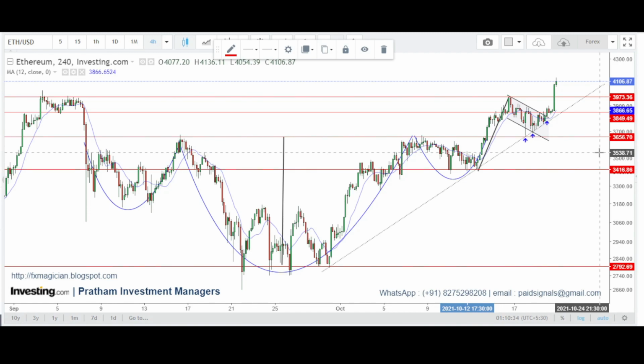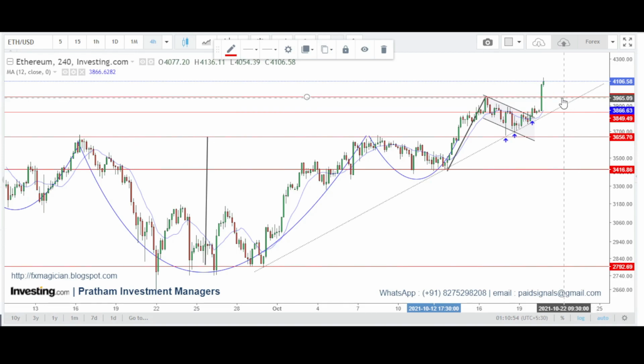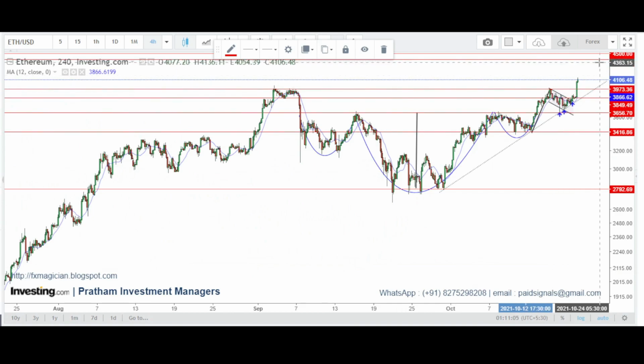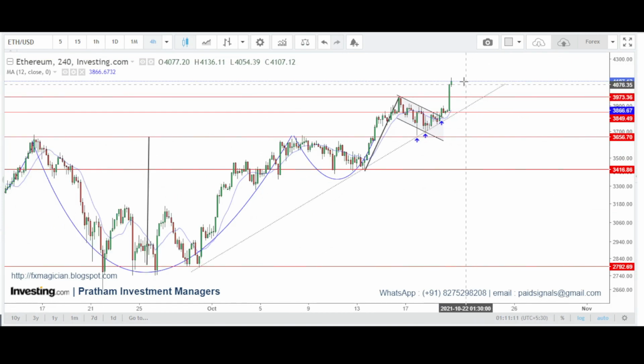Price is currently trading around 4100, and the breakout is successful. The strong resistance zone around 4000 was the recent high and the high made in September 2021. These areas are crossed with the breakout candle, and price is trading above the resistance area. So we may see the target of 4400 and 4500 within a span of a few days. We may see some kind of pullback towards the breakout zone for retesting purposes.